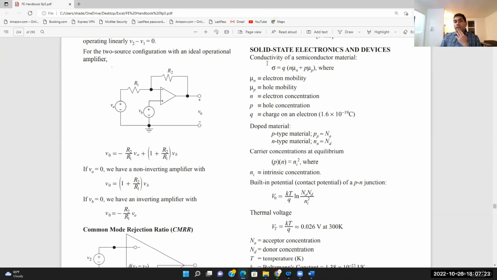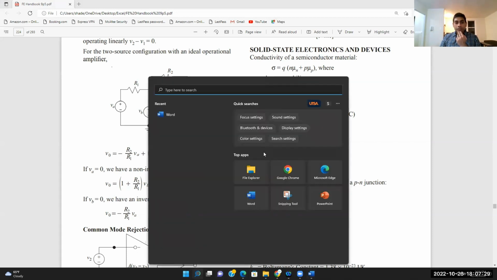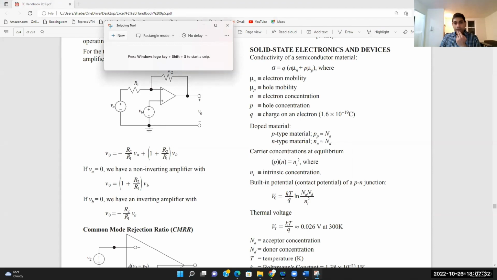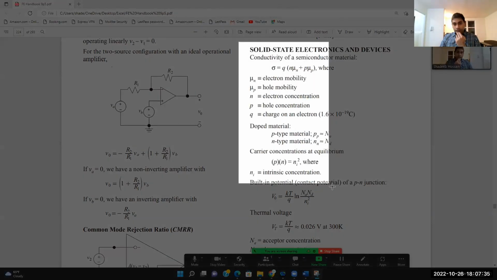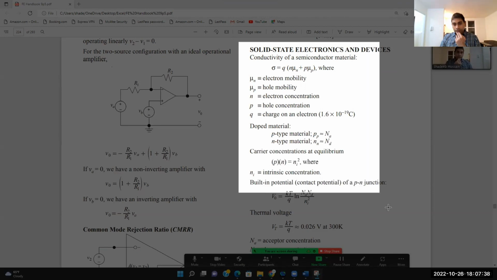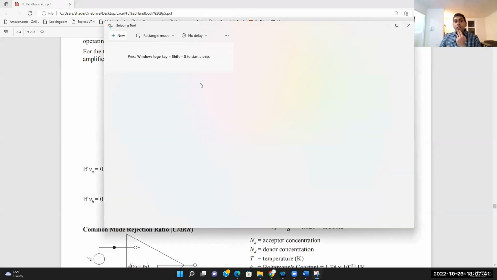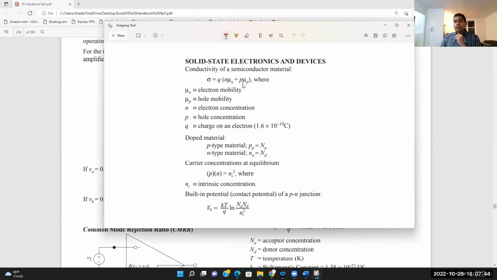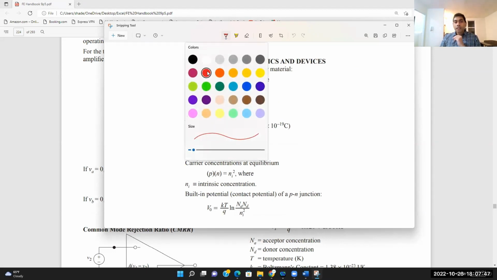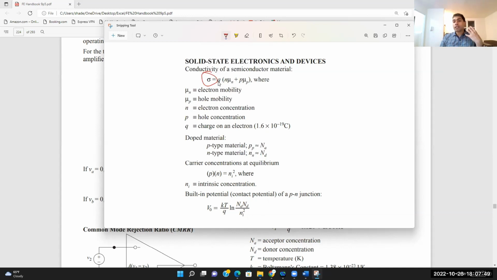So over here, the conductivity of a semiconductor, let's look into this equation. Let's go through what exactly you need to know. If they ask you to figure out the conductivity, because semiconductors are basically used to conduct electricity, their property falls somewhere between a conductor and an insulator. So when it comes to a semiconductor, if they ask you how much the conductivity is,